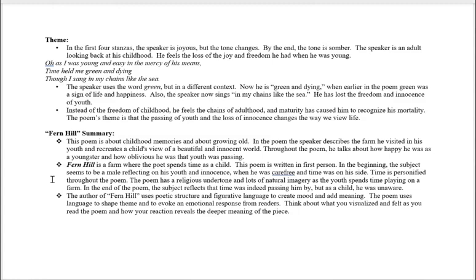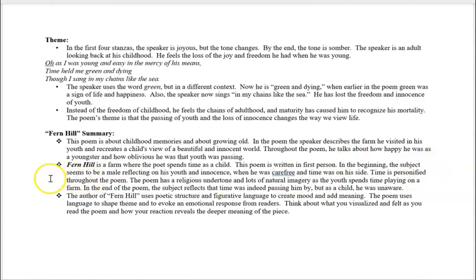Time is personified throughout the poem. The poem has a religious undertone and lots of natural imagery as the youth spends time playing on a farm. In the end of the poem, the subject reflects that time was indeed passing him by, but as a child, he was unaware. Okay, so natural imagery,